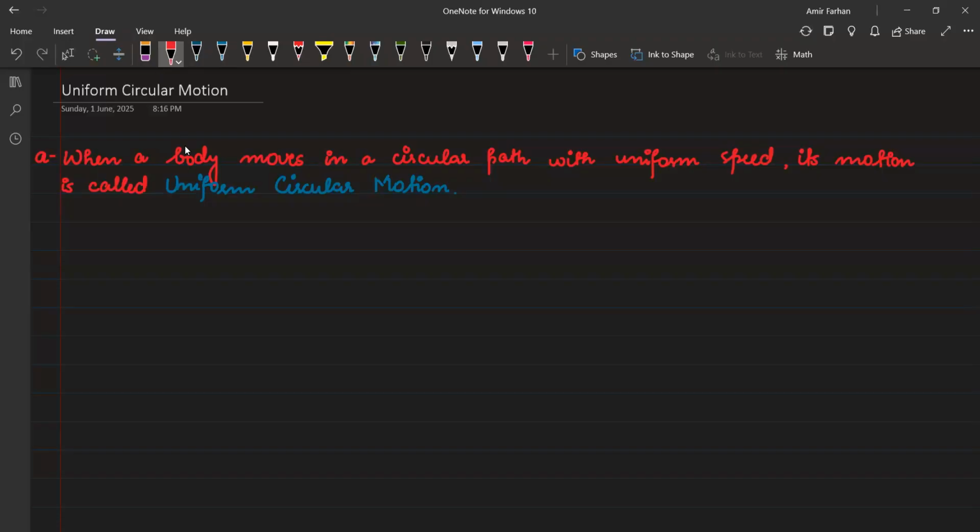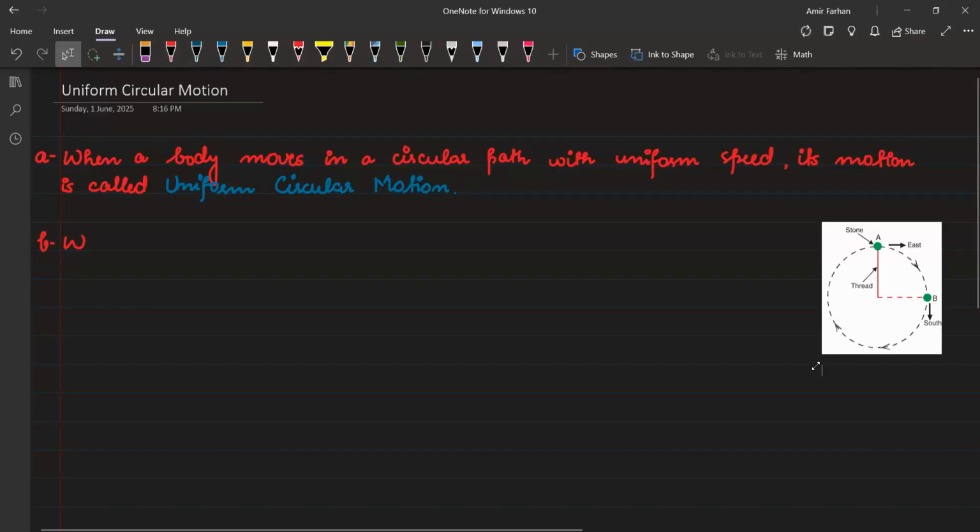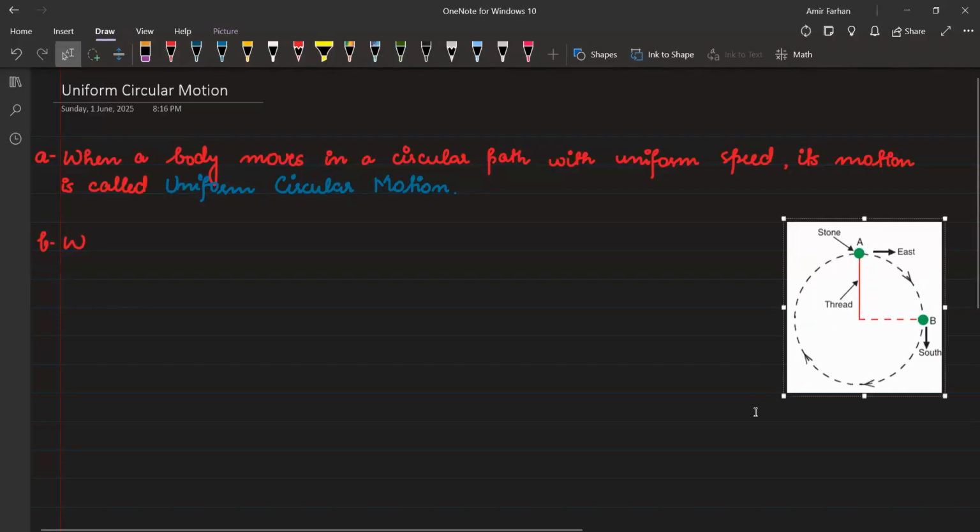Yeah. That's great. Now let's talk about the next part. So when a body, just a second, let me just paste the picture over here. As you can see the picture, at every point, the direction of the stone is getting changed. So that's why